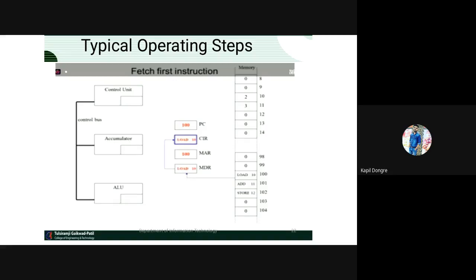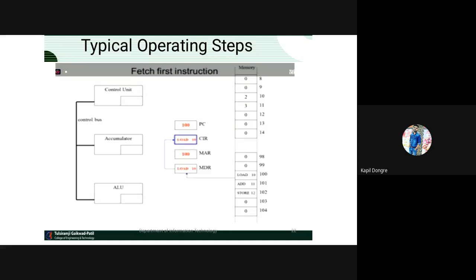First, we are going to repeat it. First, PC points to the memory location. Which memory location? Where the instruction is going to execute. So which instruction is going to execute? Load instruction is going to execute. What is the address of the load instruction? 100 is the address of the load instruction. So that 100 is first stored in the PC. Nothing but the PC first points to the 100.